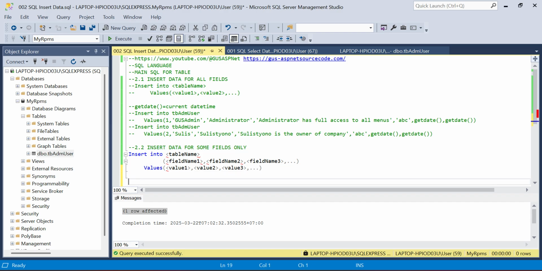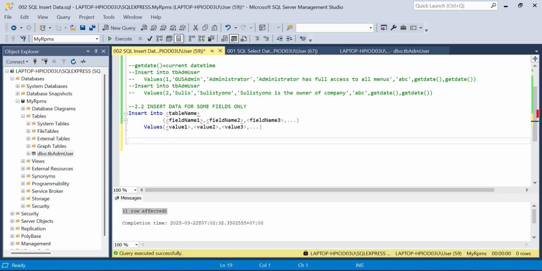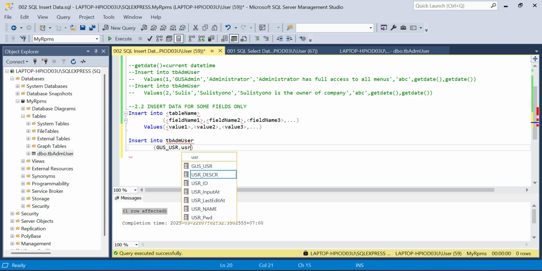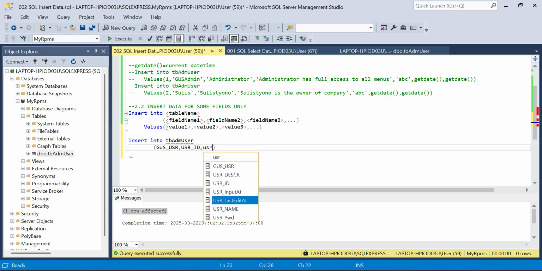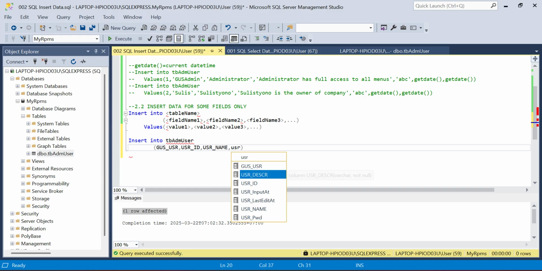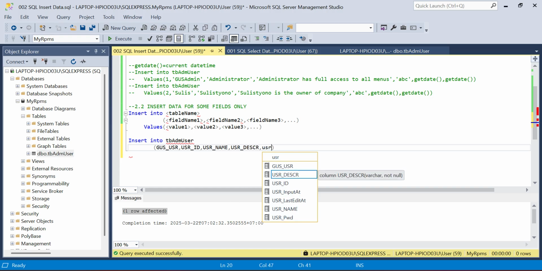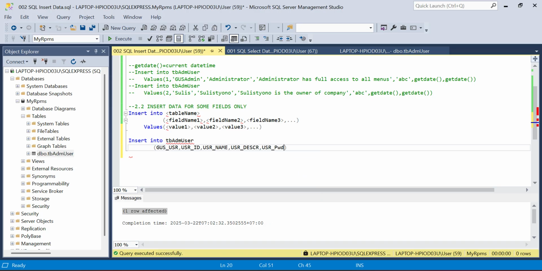If we don't provide value for the not null fields, it will return error. Insert into TB-ADM user. I want to input Goose USR, USR ID, USR name, USR description, USR password. For example, I forgot to input USR password and USR input add. Let's see how it will return.